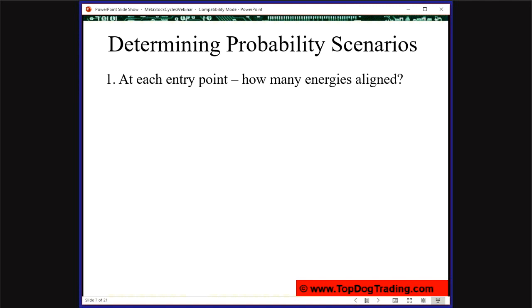So the way we put together a probability scenario in trading is we look at our entry point. This is right at the moment we're considering entering the market. We look at those 5 energies of money flow. Now remember, it's not really about the indicators. The indicators are just math equations. In fact, literally, I'm a very literal guy. If you look at those lines and all that stuff on your chart that you call indicators, those are not the indicators. The indicators are math equations. Told you I'm very literal. That's what they really are. They're literally math equations. And then they plot or draw those lines on the chart.